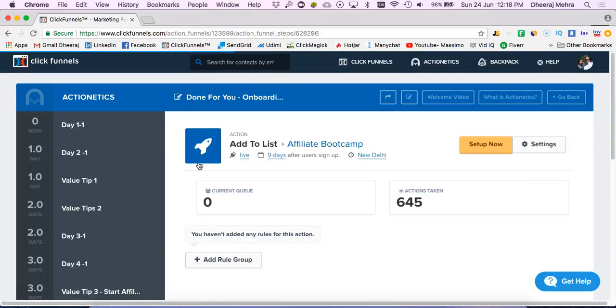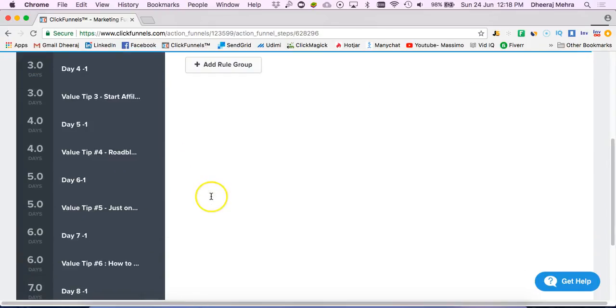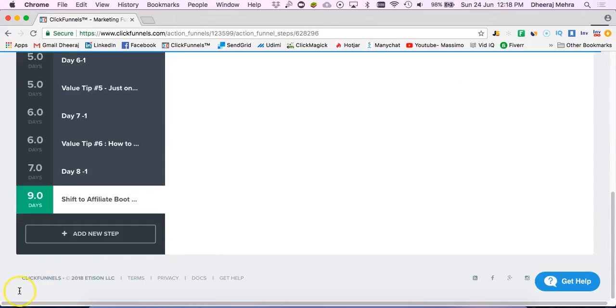You can do one action funnel, and then you can shift them to another one, and then to another one. So you just keep engaging with them, and in between you can keep sending them broadcasts. Okay, guys, I think you got some idea now about the action funnel thing. Okay, let's